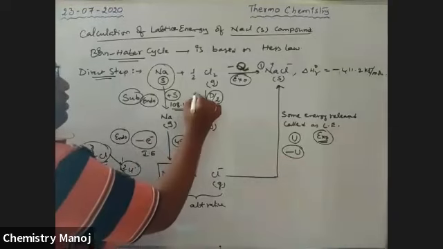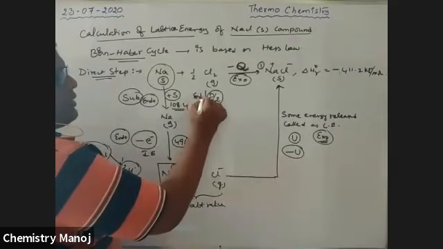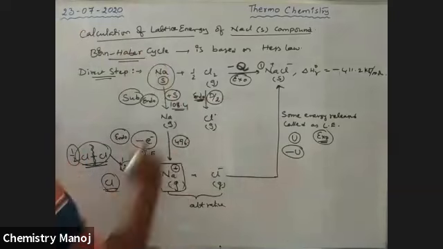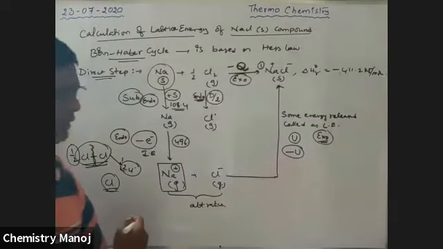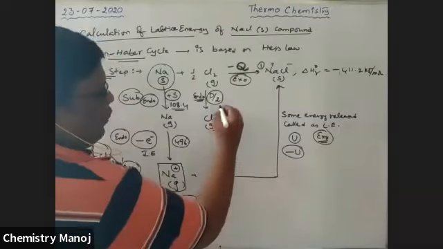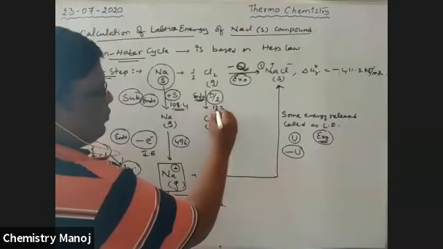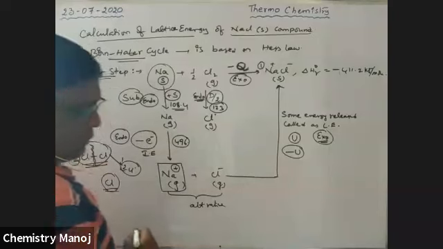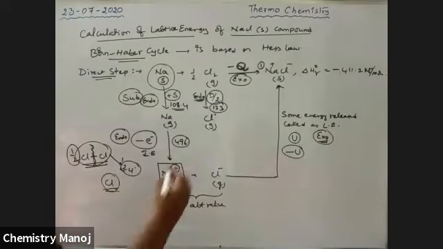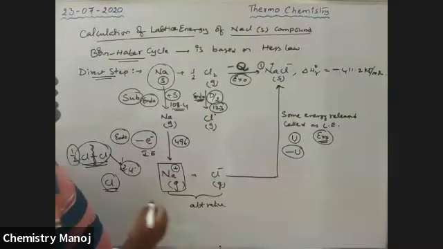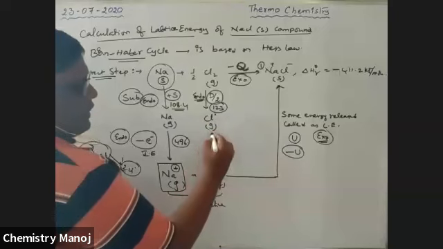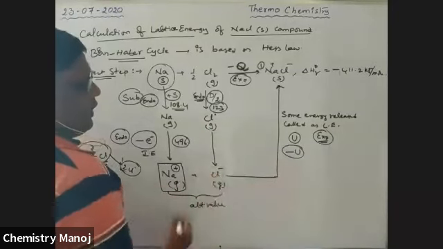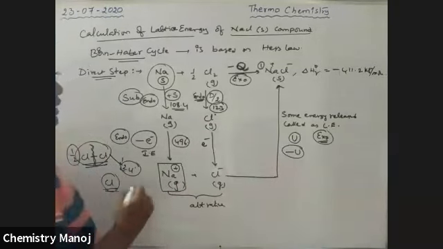It is also an endothermic process, boys, because some energy is utilized to break that bond. So the D/2 value for chlorine is 123 kilojoule per mole. This is the D/2 value. Now there is a chlorine atom. This chlorine atom is converted into chloride ion by the addition of electron.